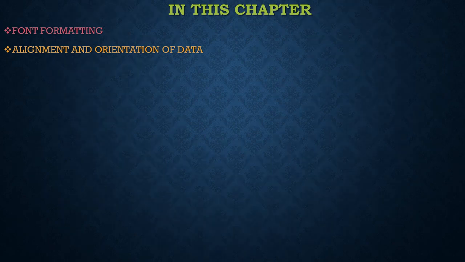These are the subheadings of alignment and orientation of data. While watching the video you may know what we did, how to align left, how to align right, everything we can see using alignment and orientation of data.